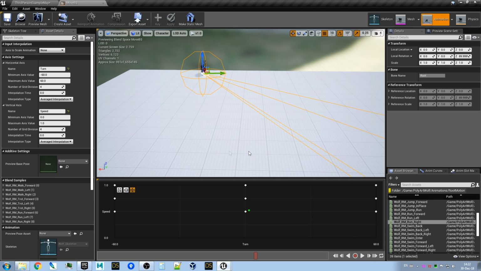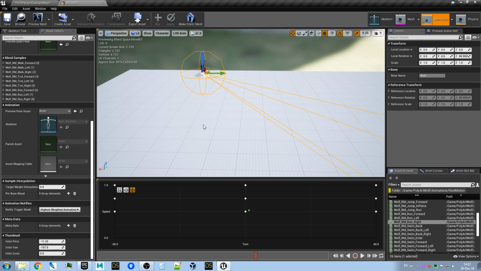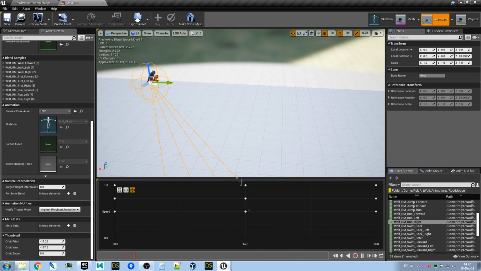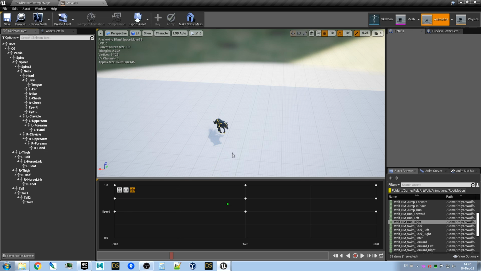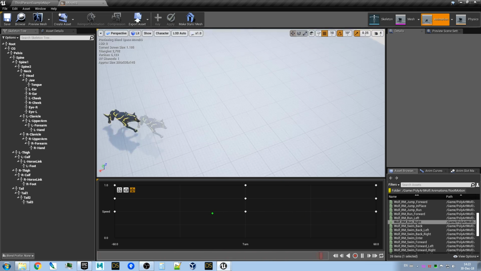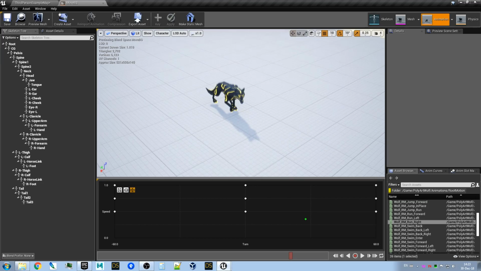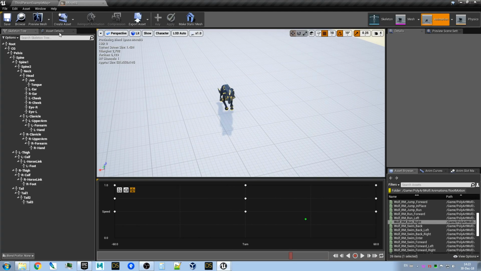Another thing we can do here is that we can move it back. Now you can see this wolf reacts very quickly to the mouse input, and that can look a little bit mechanical. So if we want to smooth this a little bit,